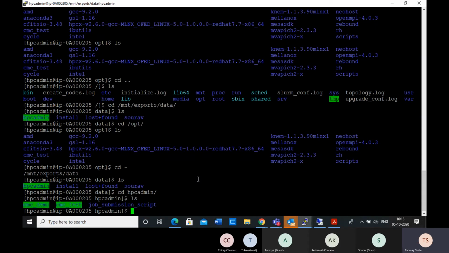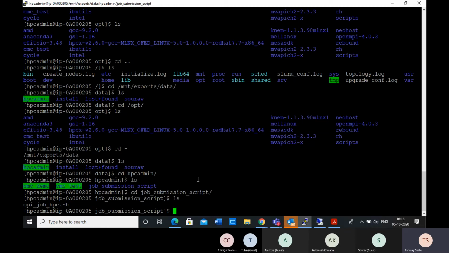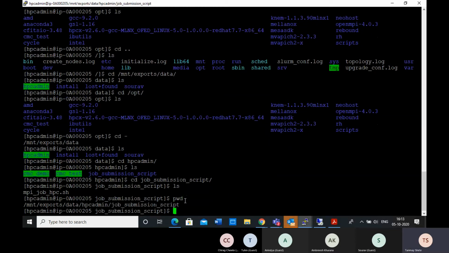We have created one typical job submission script in this directory: /mnt/exports/data/hpc/admin/job submission script. Now we will give access to all of the users, so that they can copy the script into their directory and then start using it to submit the job.